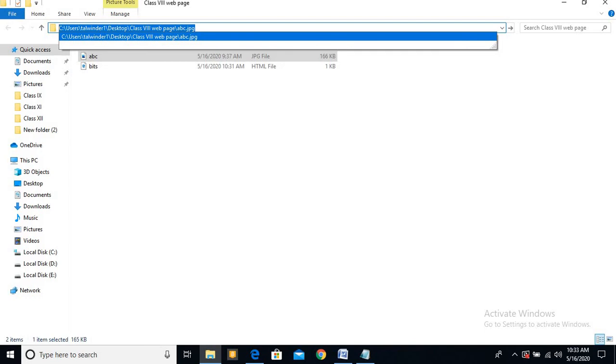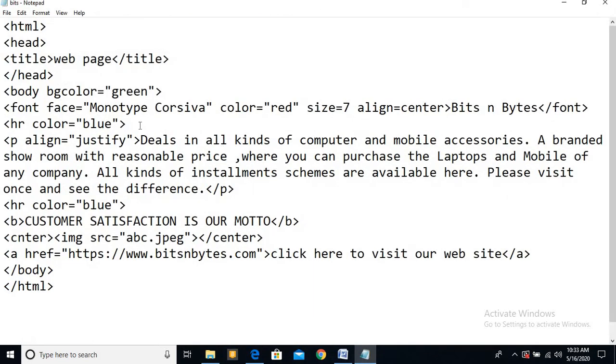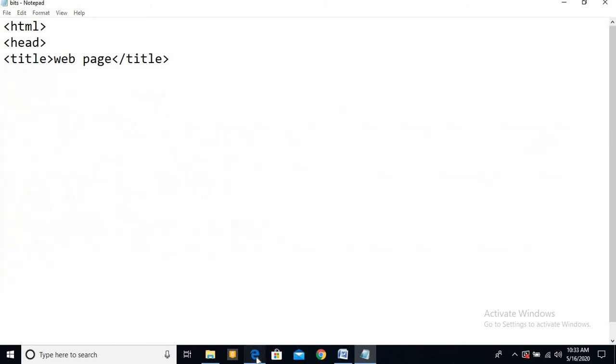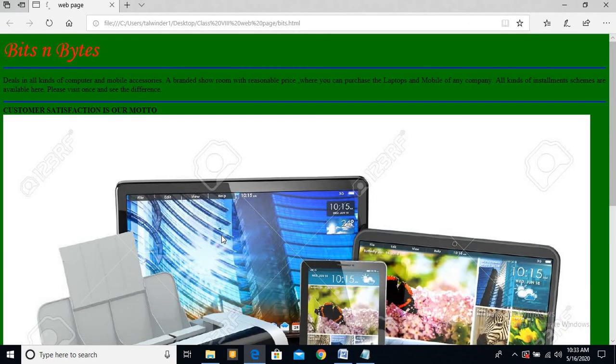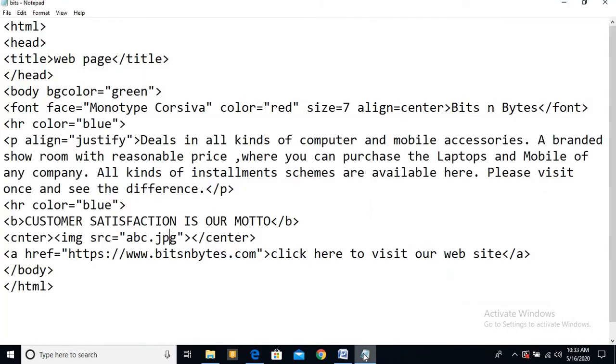Control C, paste it here. But its extension is jpg, so let me change it first. I put the image dot jpg in the image source. Control S, I'm going to run this. So you see, actually the extension is .jpg, that's why it was not coming.